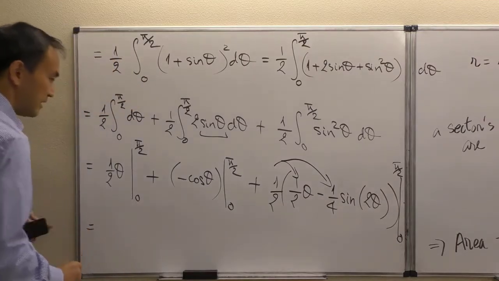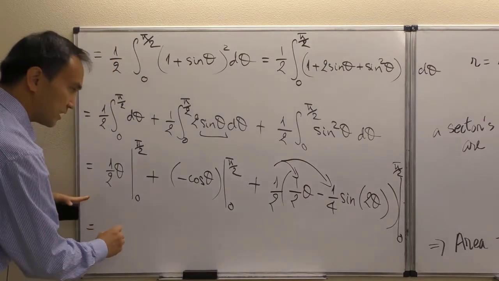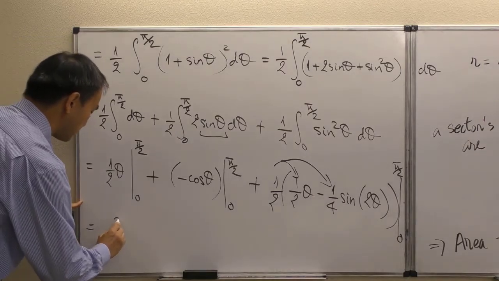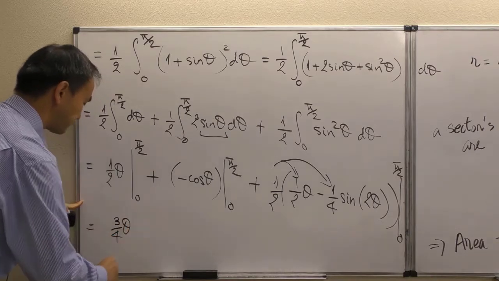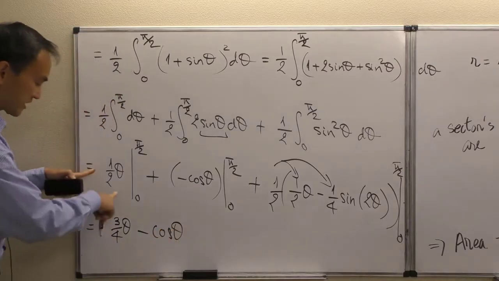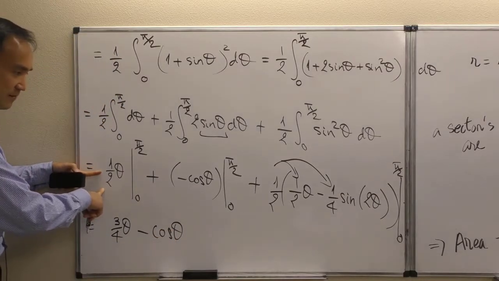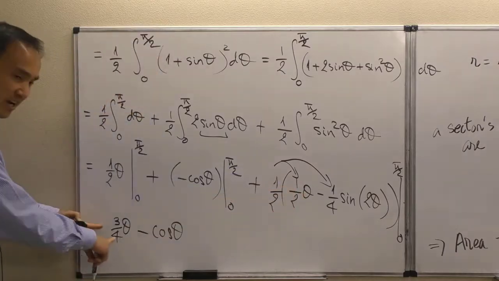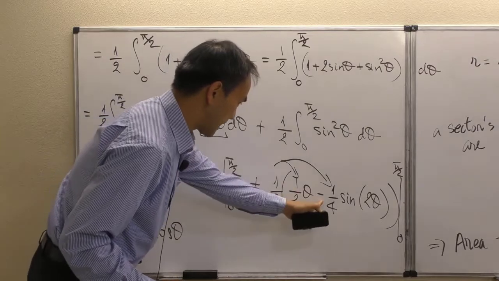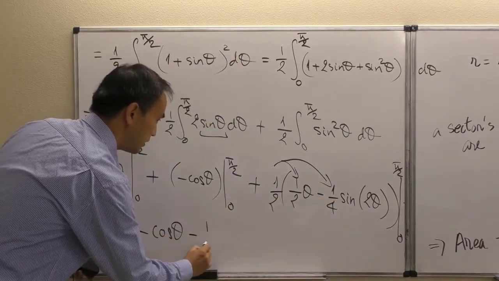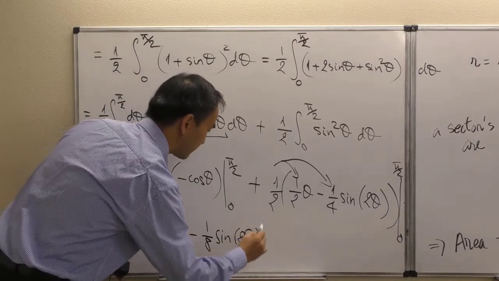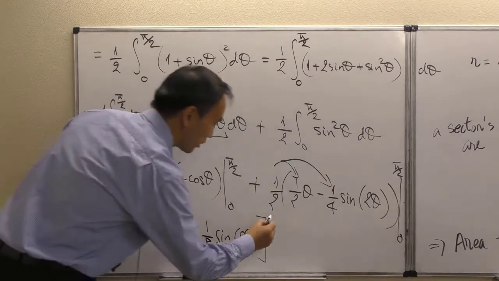So now, in the end, I'm looking at 3/4 theta minus cosine theta. Now that 3/4 came out because I added this 1/2 theta with the 1/4 theta right there. That's how I ended up with the 3/4 theta minus the cosine theta, and then minus 1/8 sine of 2 theta. Okay, and now at this step right here, we are ready for